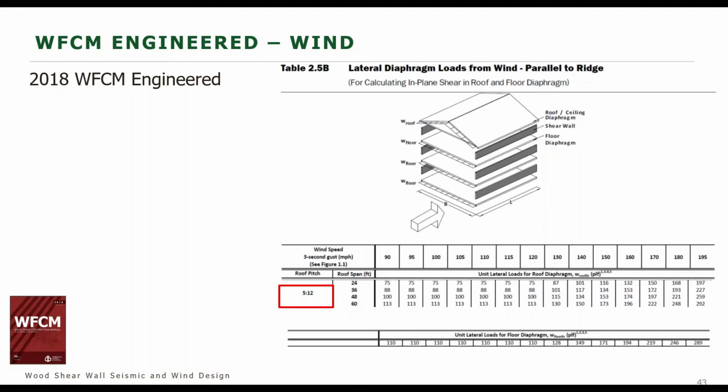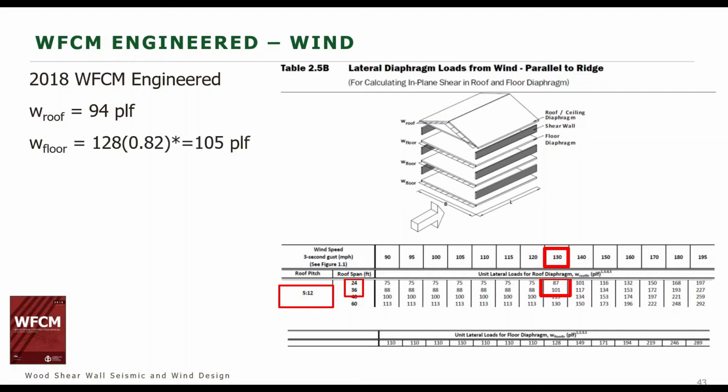So we see that we can calculate based on our roof pitch as well as the roof span. For us, we're calculating the length, the L dimension, this wall. So we would use the B dimension for the table based on how you're supposed to apply this table. So our distance would be 30 feet that we would interpolate, and then we have 130 mile per hour gust as our wind speed. So we interpolate these values and we get a value on the roof of 94 pounds